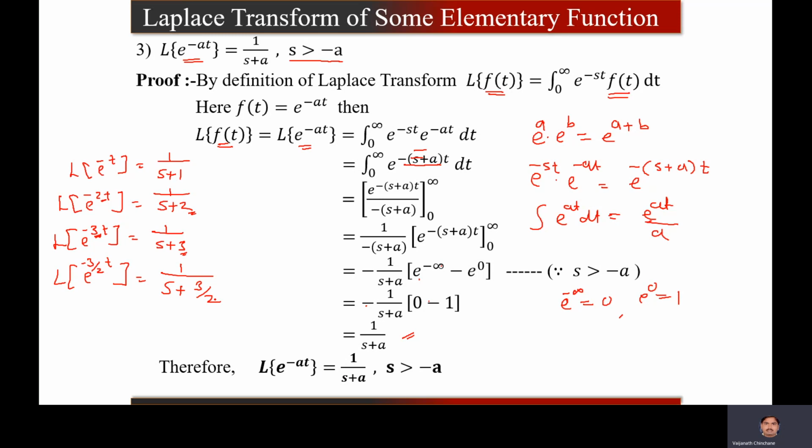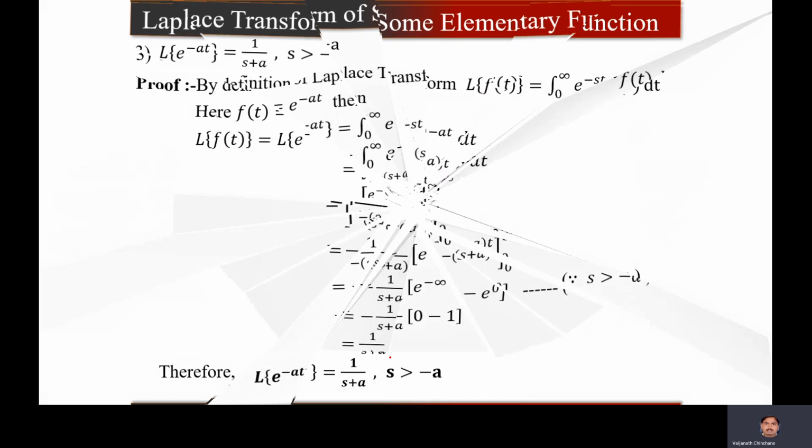So in this way we can find Laplace of e raised to minus anything at, e raised to anything into t. Anything means this is a constant number. I hope you have understood this very well. So now we go for the next formula, that is